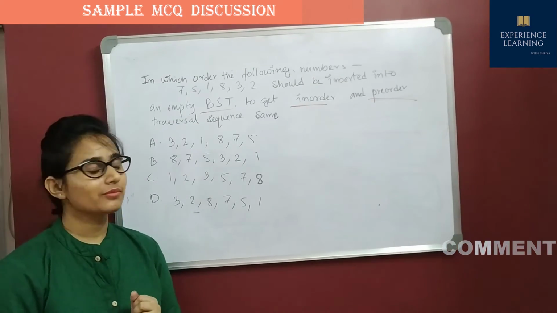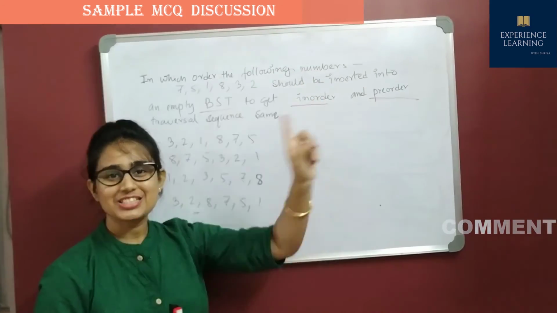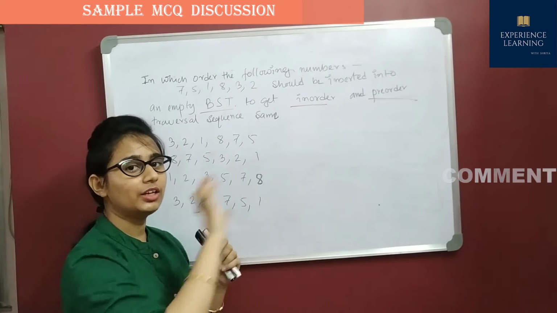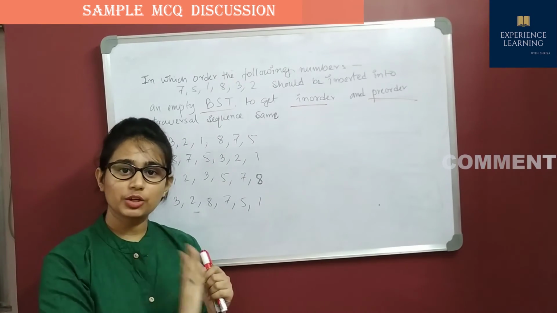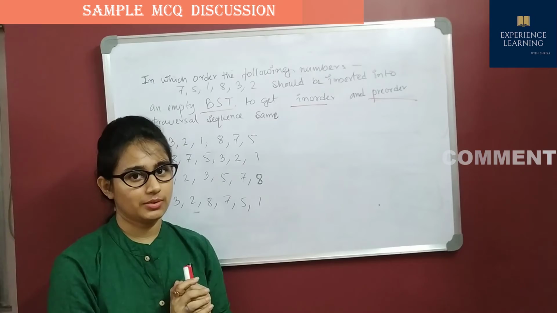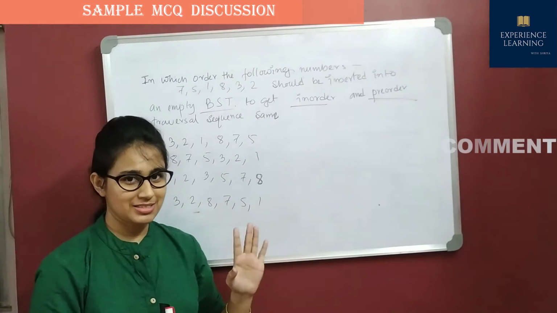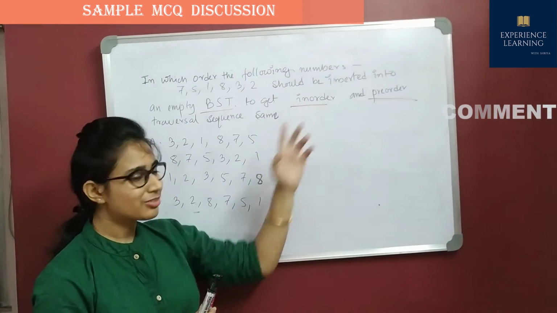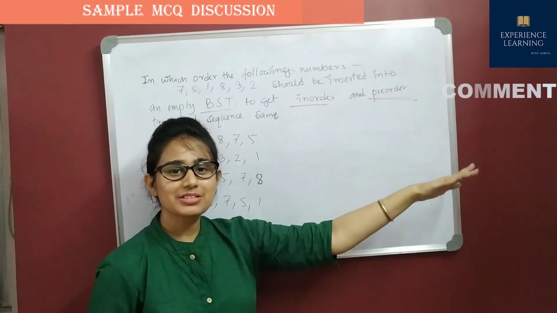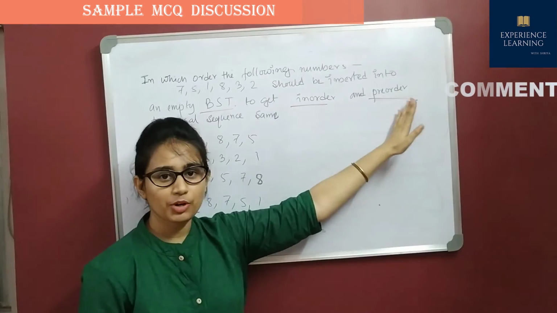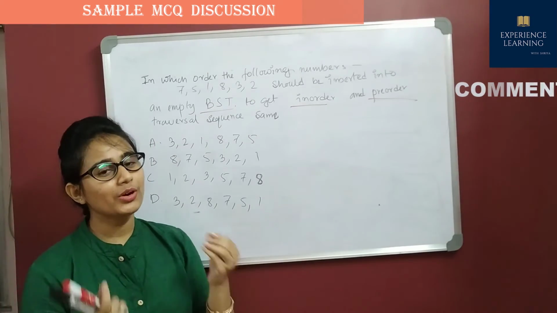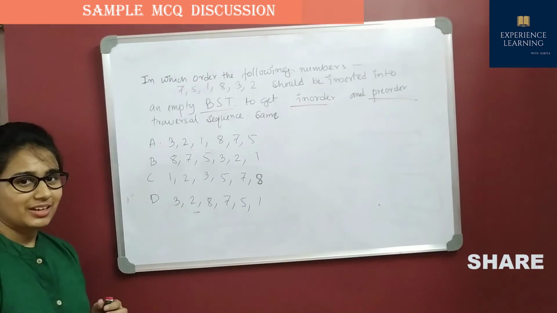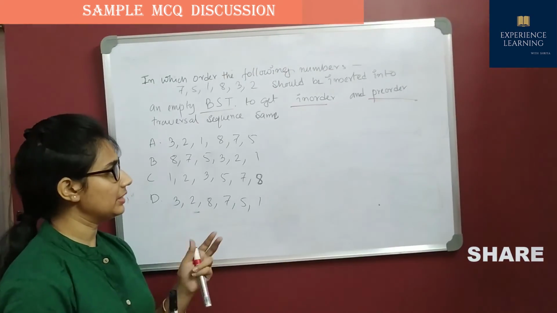First of all, in case of binary search tree, in-order traversal will be the ascending order sequence. Always the in-order traversal will be the ascending order. Now if you get this, you can answer this question easily, because if in-order traversal and pre-order traversal sequence will be same, so if you are able to get the ascending order, you can find it out.